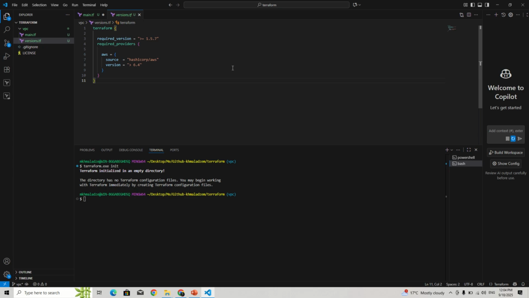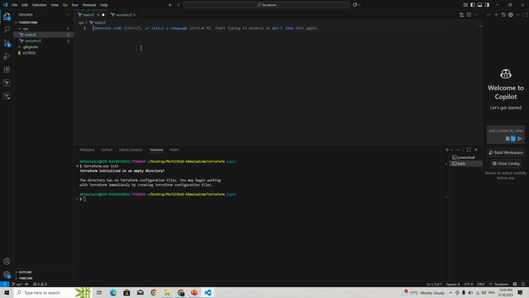Hello, my dear friends. Now I will make a configuration using a VPC module. I will show you how to create a VPC in the AWS cloud with the help of Terraform. I already created the main.tf file,